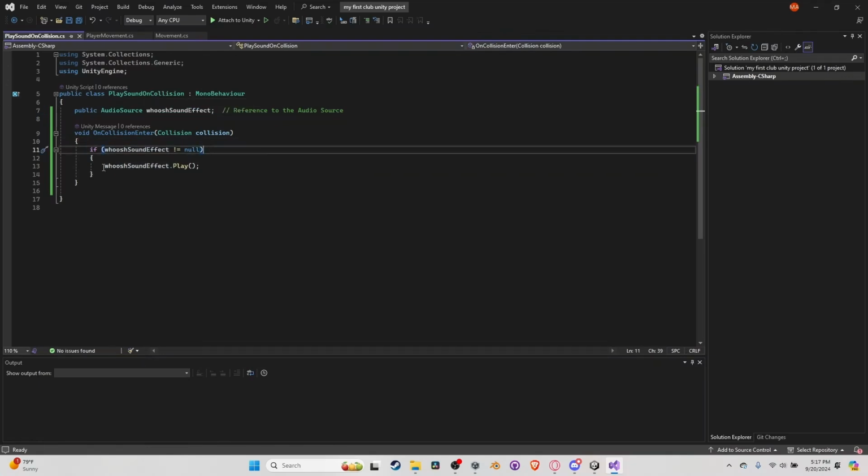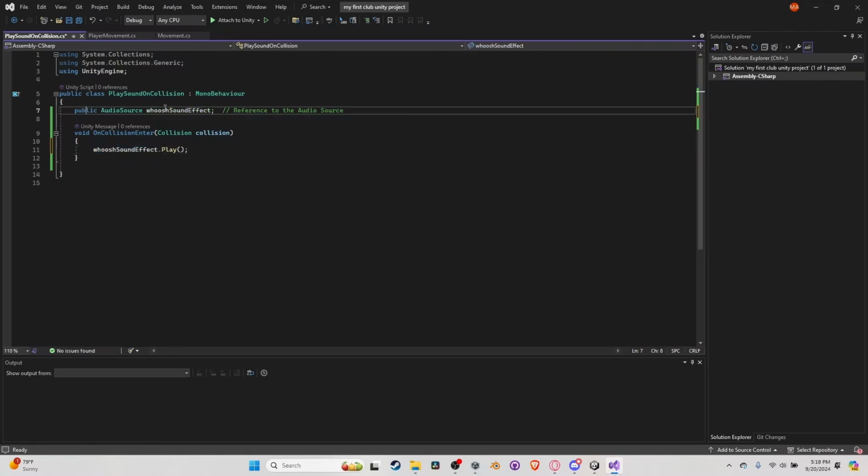ignore what this line is. I'll actually just delete this line, but what this line basically means is if this whoosh sound effect exists, meaning we actually reference what this whoosh sound effect is from Unity, that means it will play. But we don't need that because we'll automatically be referencing it. So I'll just save it like this, press Control S, and yeah, since the script is ready, let's go back